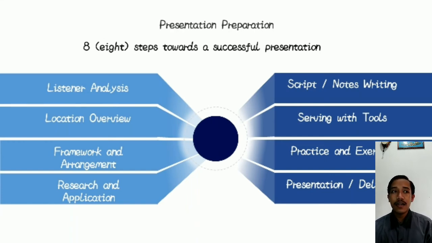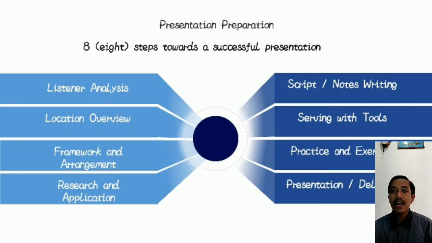And the second point is location overview. For a speaker or presenter, a site review is indispensable prior to a business presentation. The site inspection will answer the question: where will the presentation be held? What is considered in the site inspection, among others, is the availability of a sound system, room layout, setting, arrangement, podium position, screen, etc. And the last is room condition, air conditioning, lighting, etc.